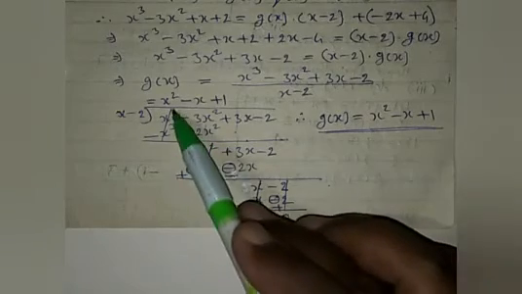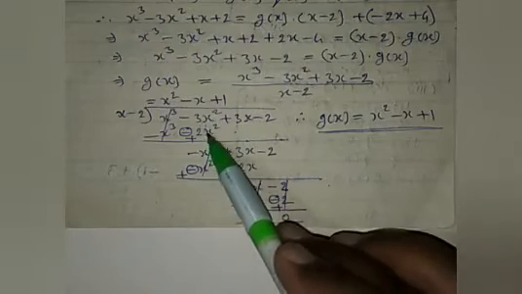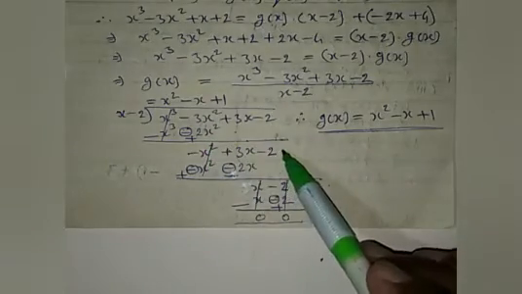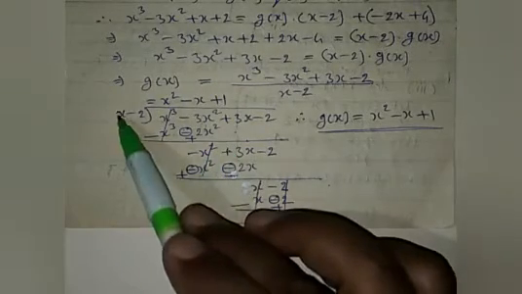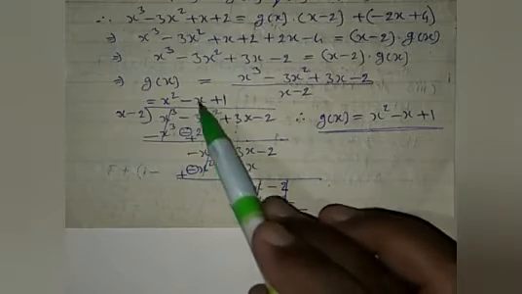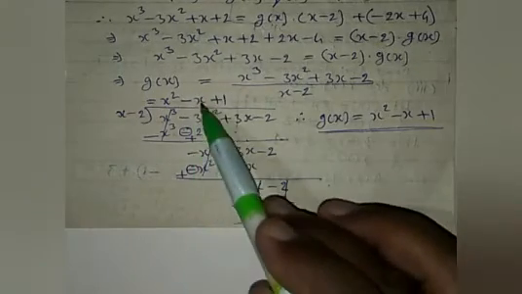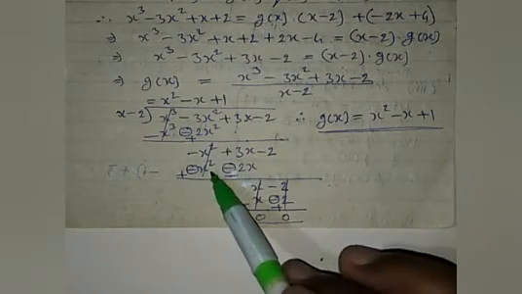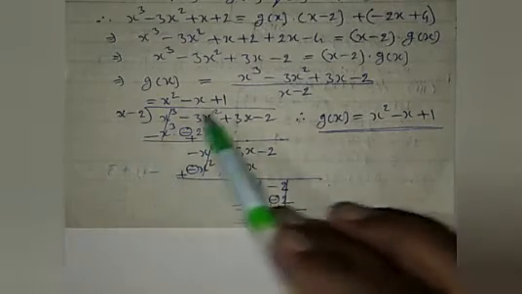On subtraction, the first term is cancelled out and minus 3 plus 2 will be minus 1. So minus x square plus 3x minus 2 is as it is. Then the first term you have to make equal. So here is 1 power of x, here is 2. So you have the 1 power in quotient and minus sign. So it will be minus x. Then minus x multiplied here will give minus x square and minus plus, so it will be plus 2x.